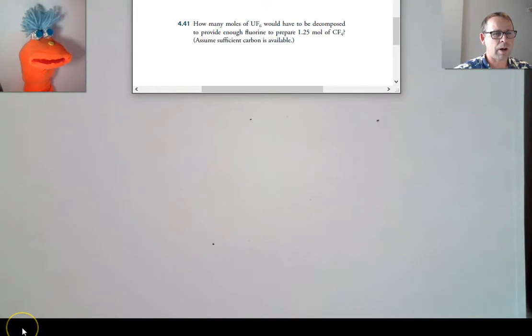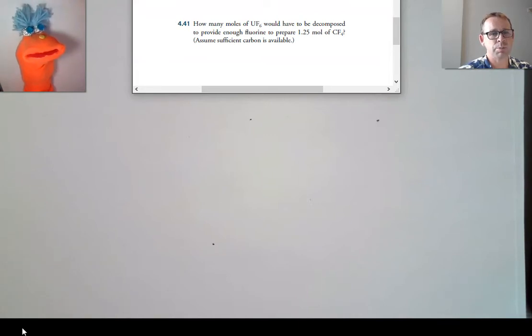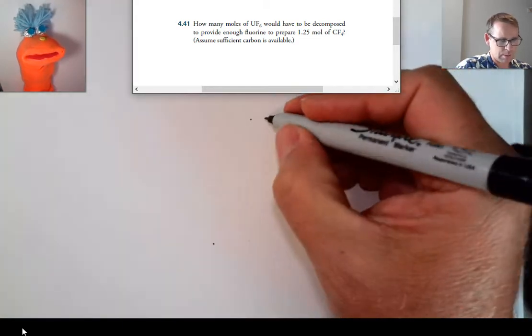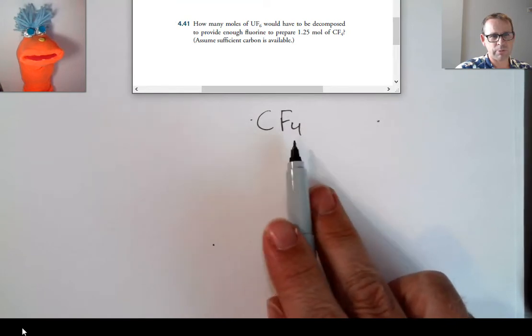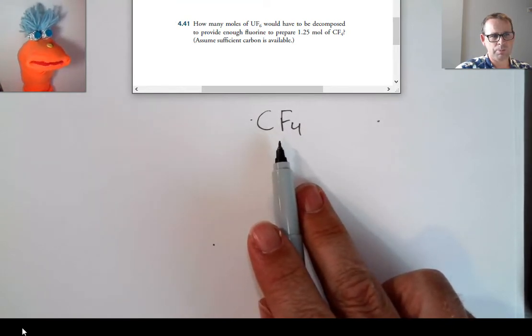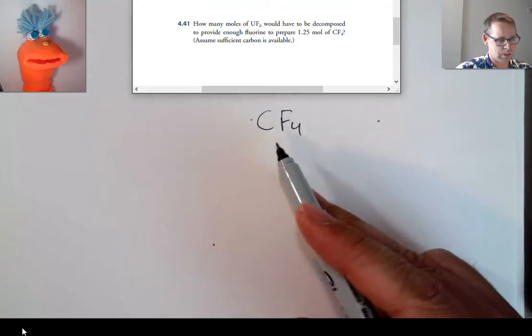Okay, good. All right, so how many moles of UF6, uranium hexafluoride, would have to be decomposed to provide enough fluorine to prepare 1.25 moles of CF4? So, if I need CF4, how many fluorines do I need for every CF4? One of those has 4 fluorines. Very good. One of these has 4 fluorines. And